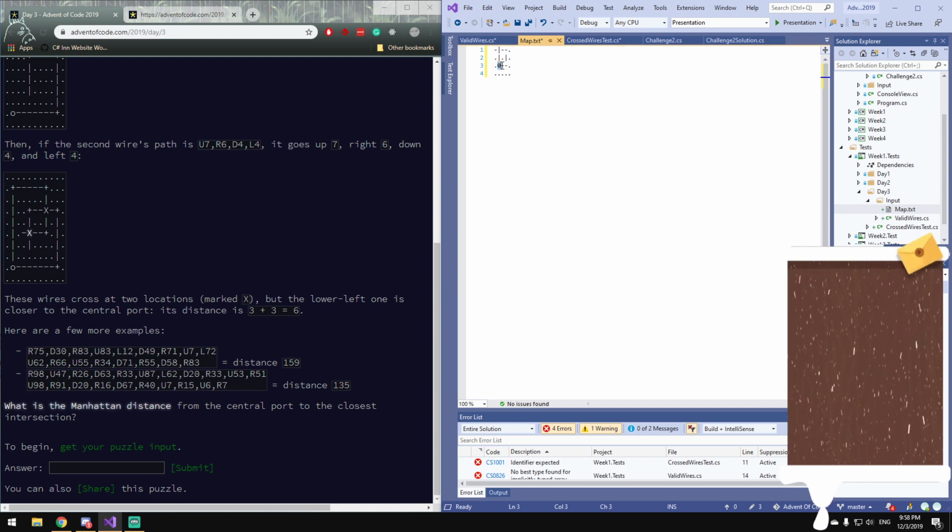So we start at 0 and our first wire will go 2 to the right, 2 up, then 3 left, so we can write it down. It will go 2 right, 2 up,